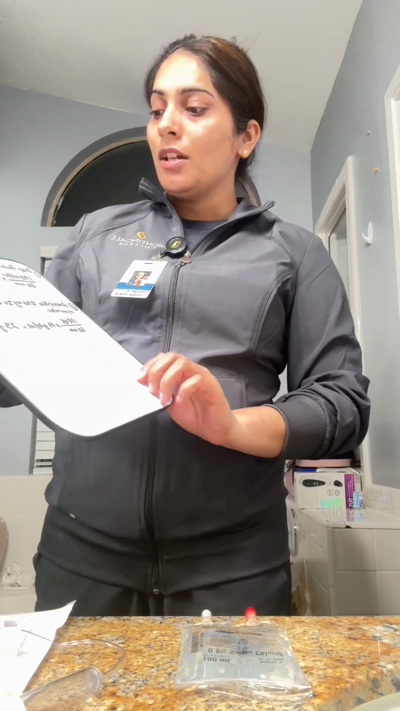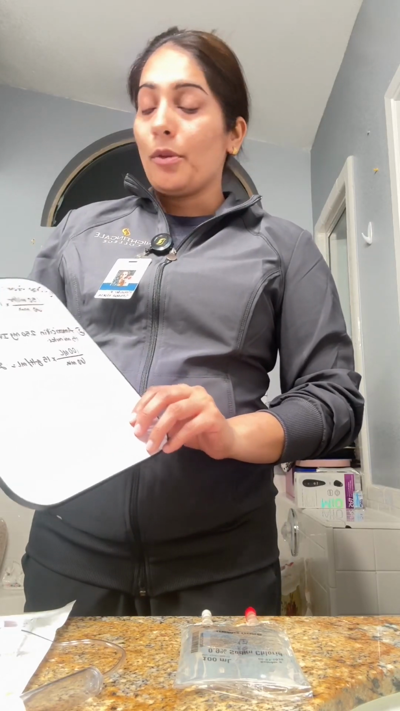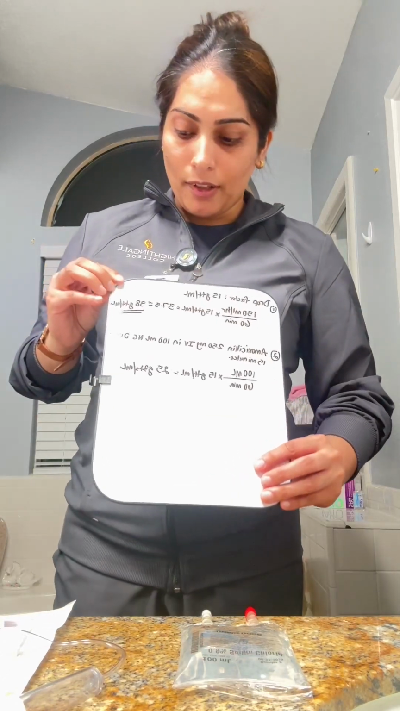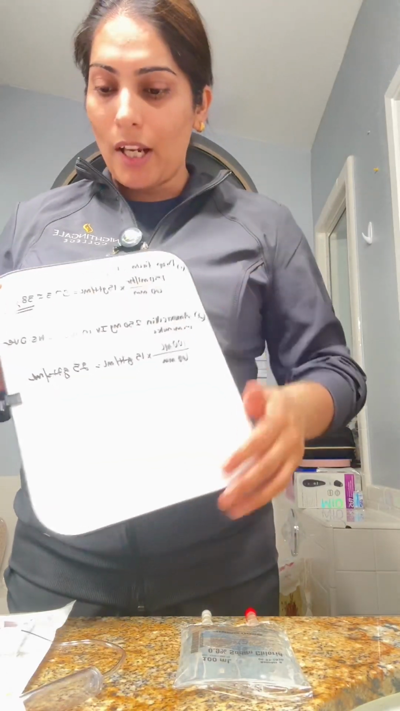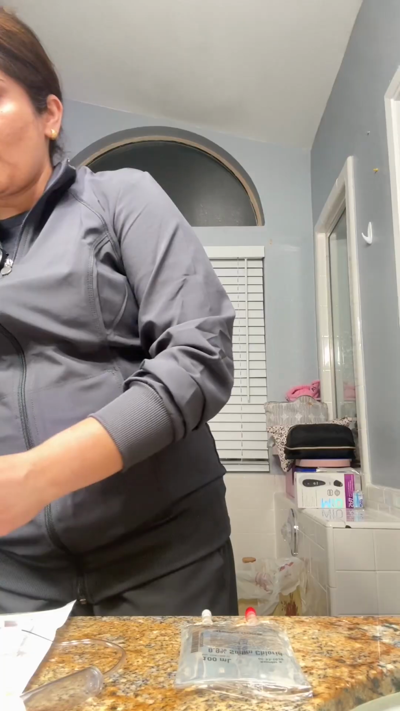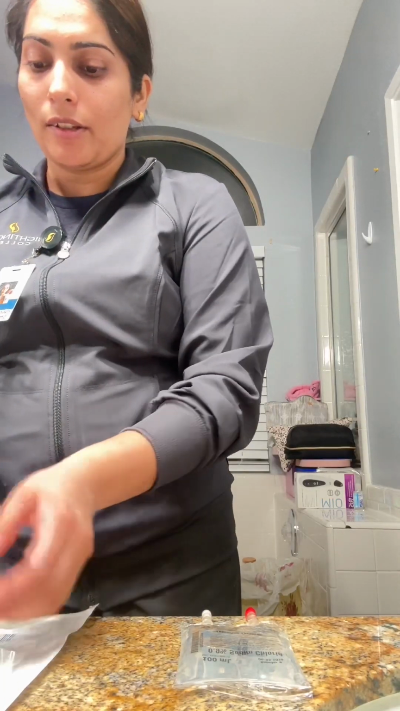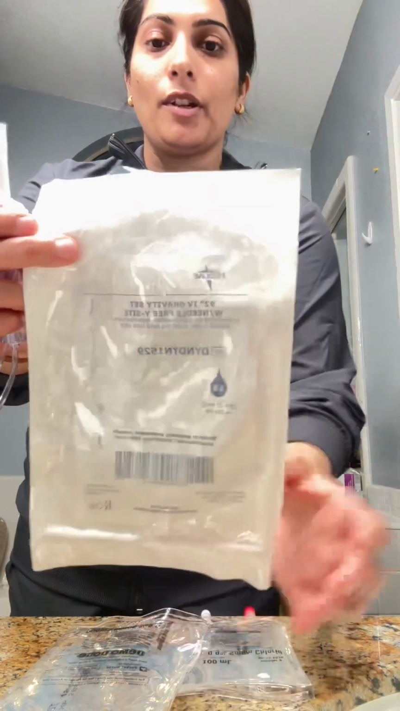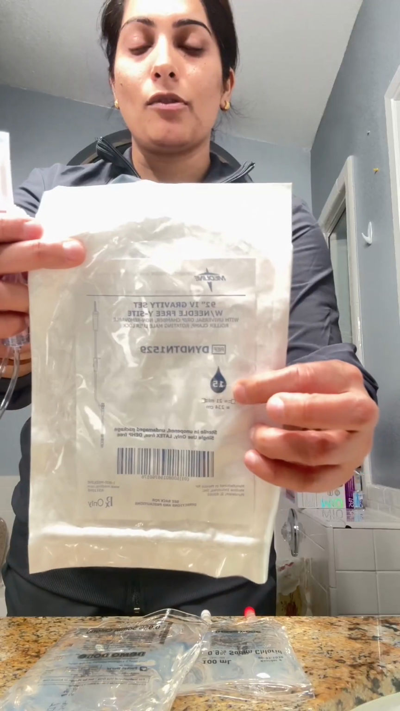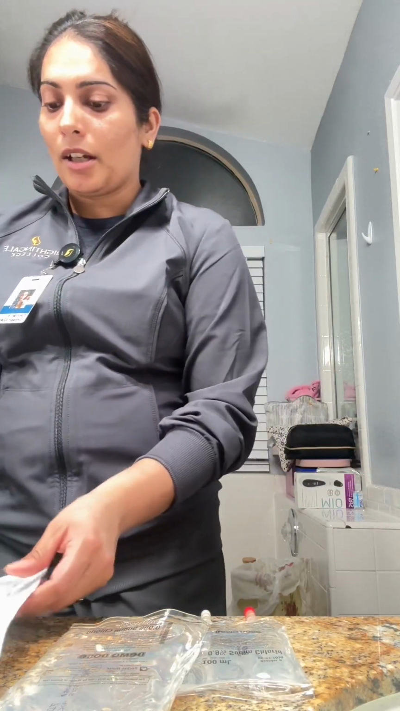150 ml with a drop factor. We will be figuring out the drop factor, and this is my math, and I have figured out the drop factor. It would be 38 drops per minute with this IV set right here, which has a drop factor of 15, so it comes out to 38